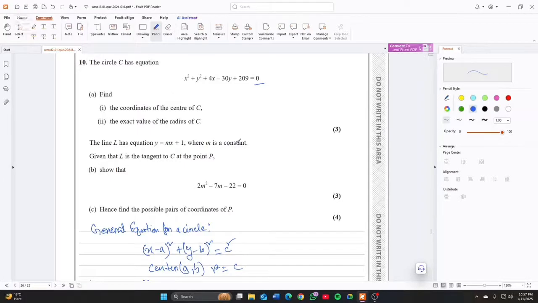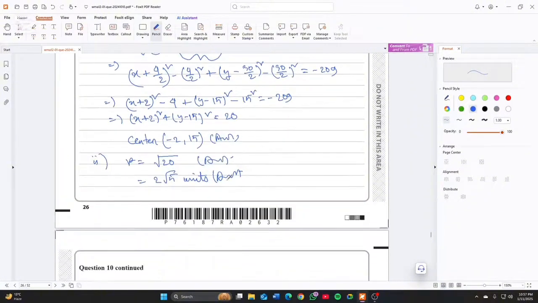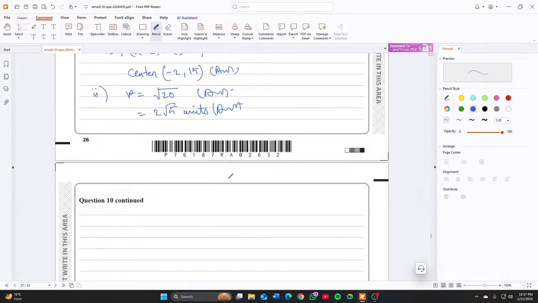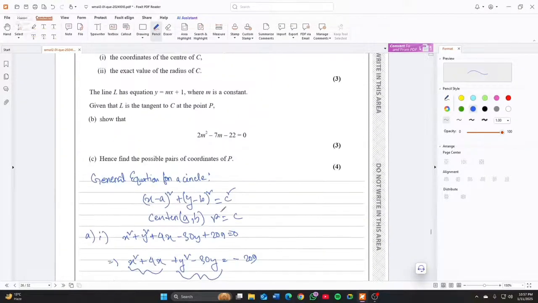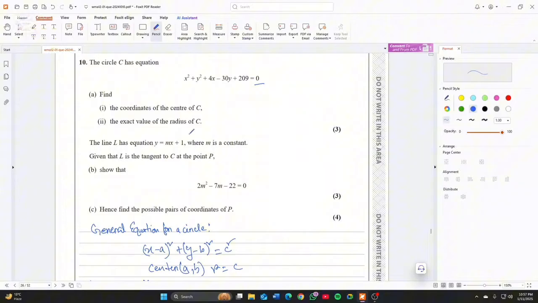Now for B, it says that the line L has equation y equals mx plus 1, where m is a constant, given that L is the tangent to C at the point P. So we have to show this. Okay, so we already know the equation of the circle, which is (x plus 2) whole squared plus (y minus 15) whole squared equals 20. Now we know the equation of the line is mx plus c,